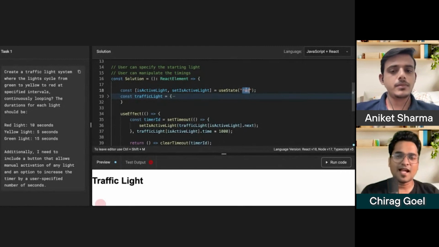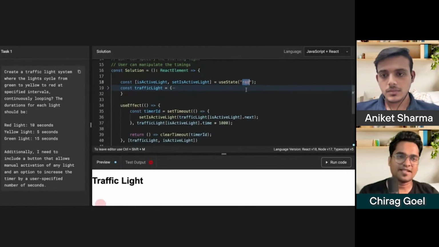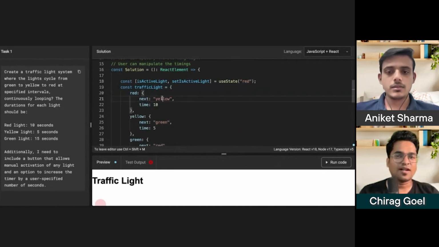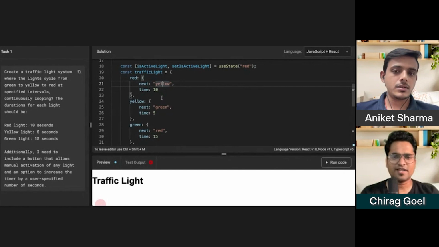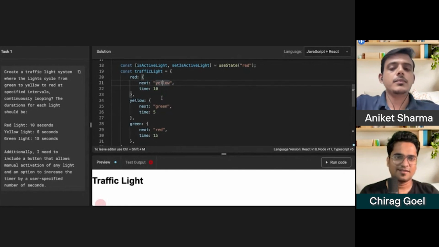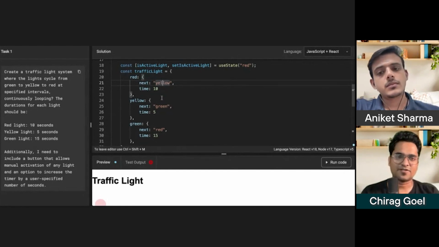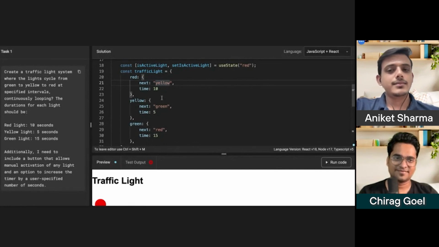Can you look at line number 19, the object that you have created? I am not sure if you intentionally or unintentionally created a data structure. Which data structure does it reflect? Quite similar to one of the popular data structures that we know. I think it looks more like a hash map.